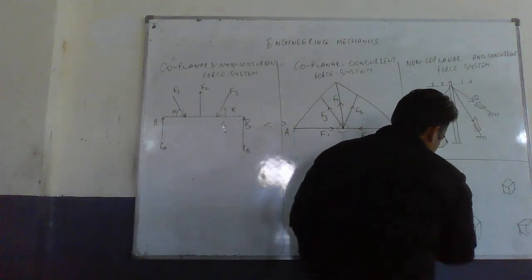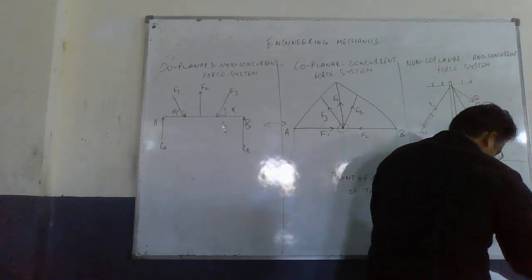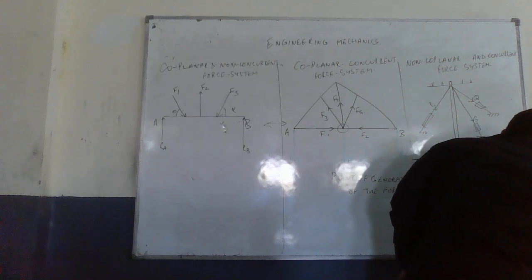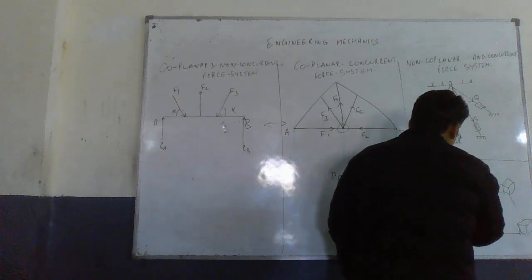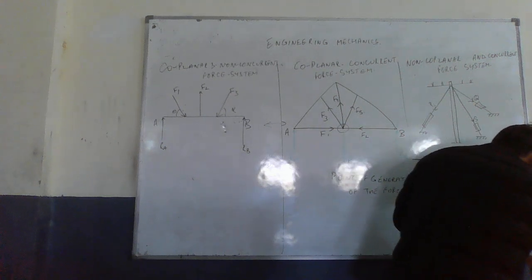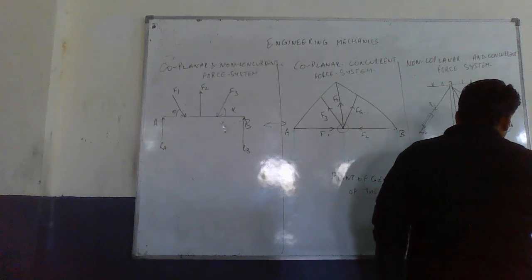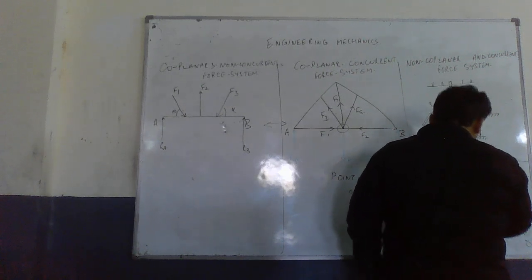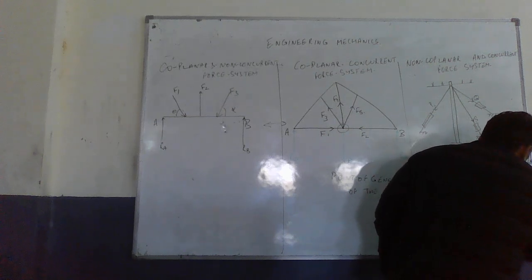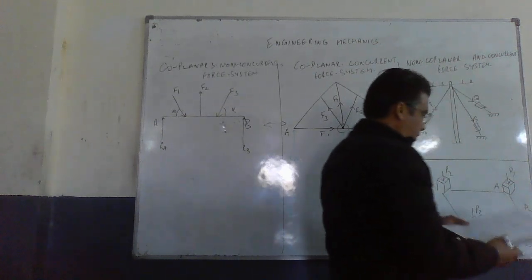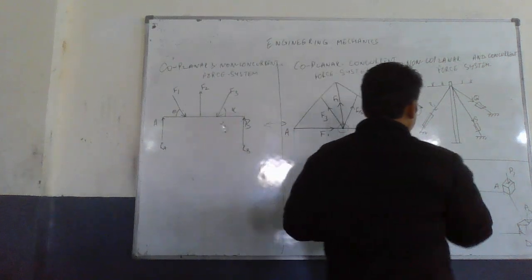So when you have these types of representation of your forces, so I am representing this as point A, point B, point C and point D. Similarly, we have a force that is represented as P1, P2, then you have P3 and this is your P4. So what do you call this type of system? This is a non-coplanar and non-concurrent force system. Write down